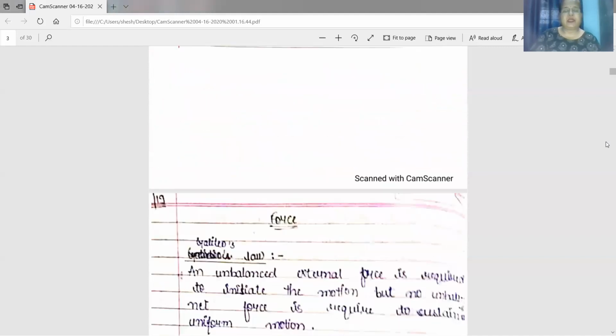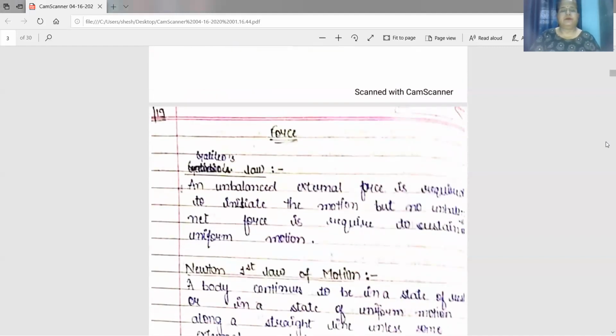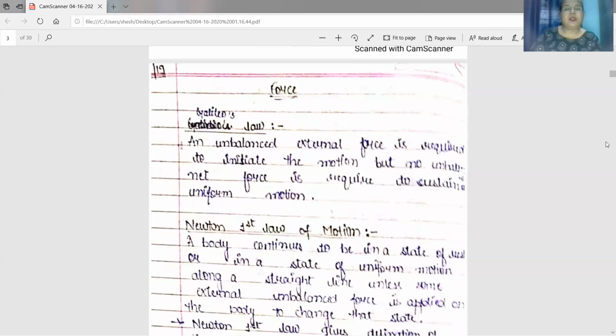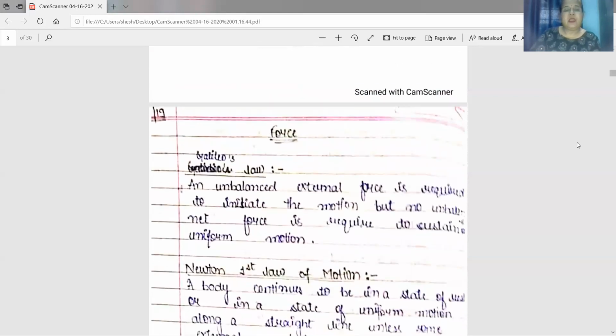Now next you have to read Galileo's law. Galileo performed an experiment and came to a certain conclusion. He took two inclined planes and allowed a stone or a ball to roll down from a height on the edge of the inclined plane. The ball rolls down the first inclined plane and then rolls up the second inclined plane. He found that the ball keeps on rolling till it attains a height h.